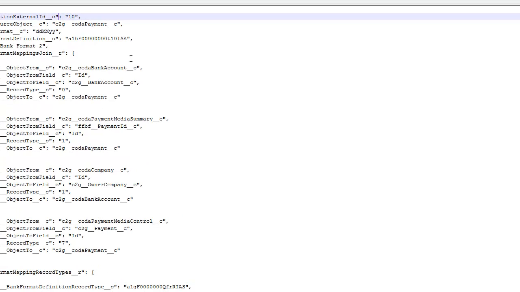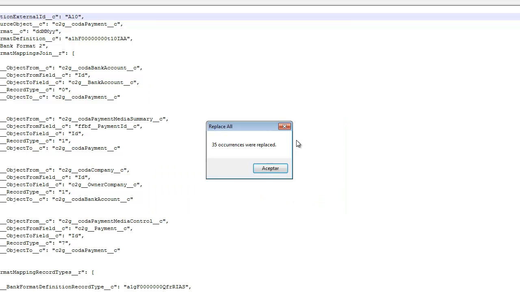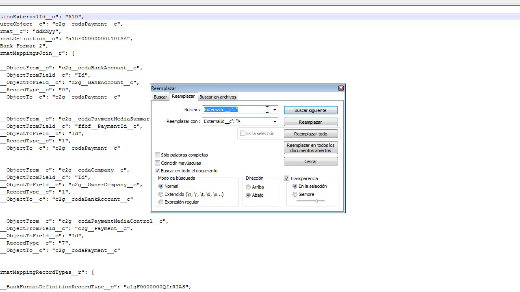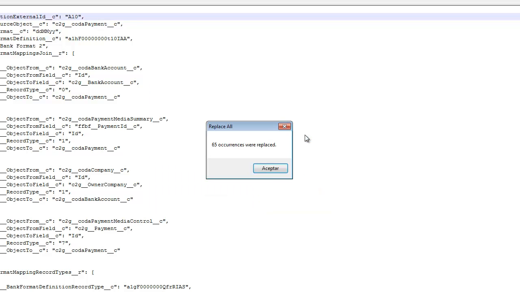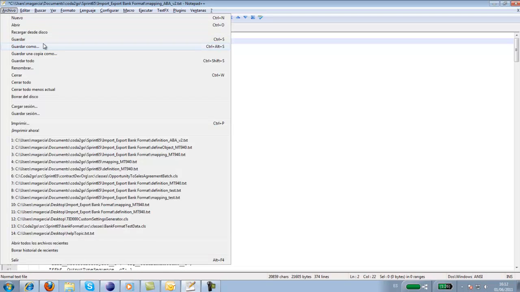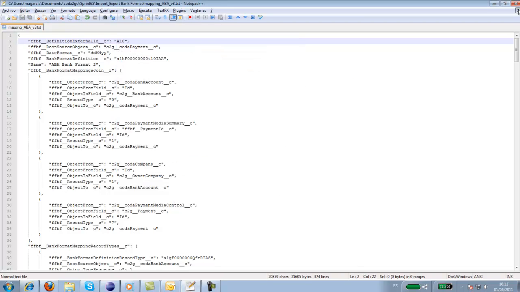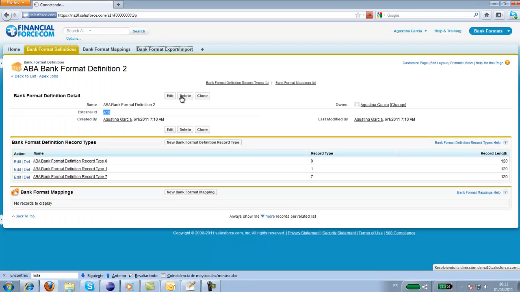What I usually do is just to look for this one, replace it with the A, because it's the same value that we have in the previous definition object, replace everything, and now look for all hash and replace it with hash and A. If we save this document as version 3, for example, and try to import,